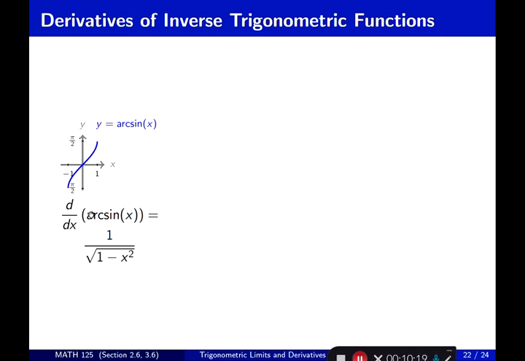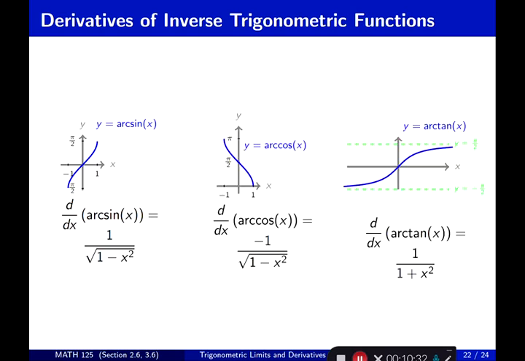So derivative of arcsine of x is equal to 1 over square root of 1 minus x squared, and derivative of arccosine of x is negative 1 over square root of 1 minus x squared, and derivative of arctangent of x is 1 over